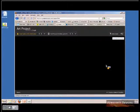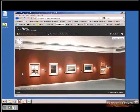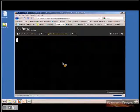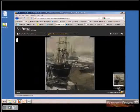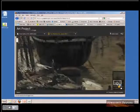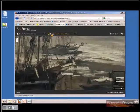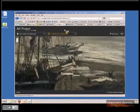Now, not every painting or every floor in the gallery has been processed into this project, but there are quite a few. And this whole wall here, in fact, if you click on this, you can see that most of the paintings on that wall are able to be zoomed in. So it's not as much fun as actually traveling to the museum, but it's the next best thing. Okay, now